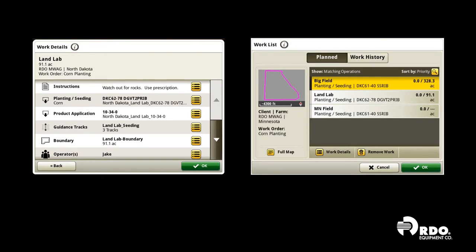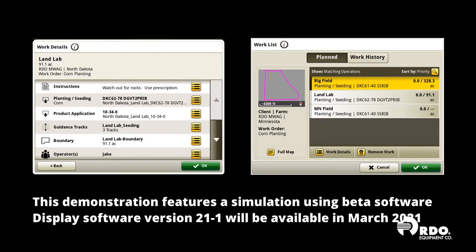In this video, I'm going to walk you through 3 quick in-cab scenarios you'll want to know how to handle in order for you to get the most out of the new planned work setup files for Generation 4 John Deere displays. Please note that the display being shown in this video has version 21-1 display software, thus allowing us